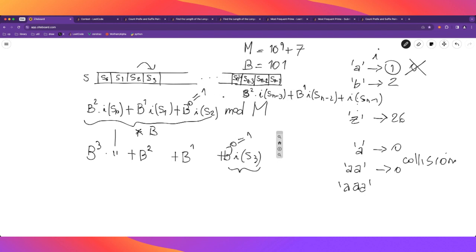We only need to add the new term, which is going to be b to the 3 times I of s n minus 4, right? So we are only adding the biggest term here. So this is even easier. So once we have the 2 hashes of the prefix, we check if they are equal,